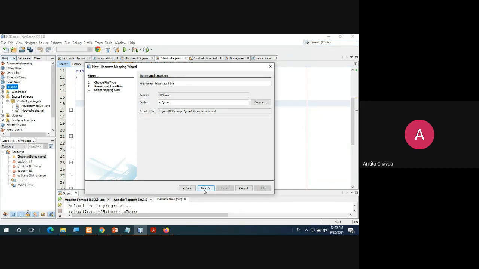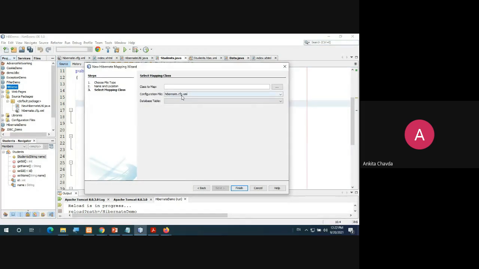Now, when you go next, they are asking for which class you want this mapping, right? So I have already created the students.java. So I'll write here students. That class I want to map with this. And you need to provide the student database table. So whatever you have mapped with student DB.